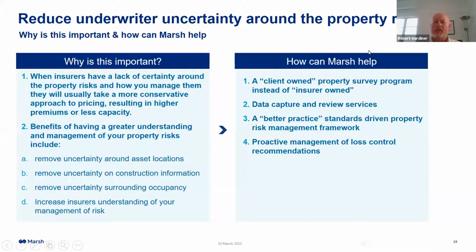So, why is it important that all those aspects are addressed? Ultimately, to make sure that insurers have the most accurate picture of your risk, and therefore they can price it accordingly. That they take out any assumptions around your risk and they give you credit for the investment that you've made in your assets. One we see very frequently is that the data is provided to insurers in a format that they can interpret. It's easy for them to analyze and break down. Sometimes we see there's good quality data, but it's not really in a format that insurers can use.